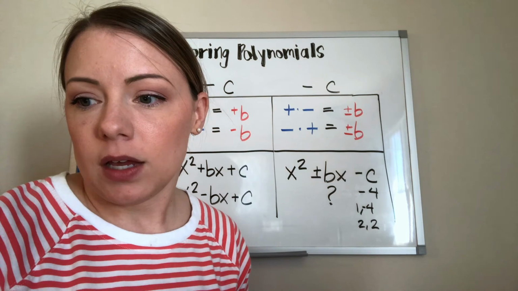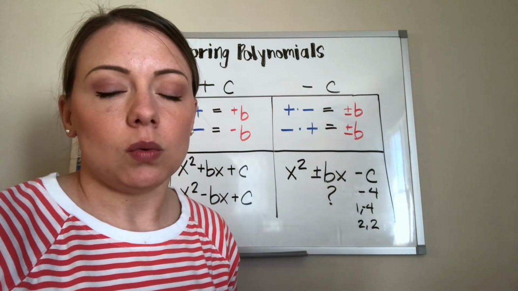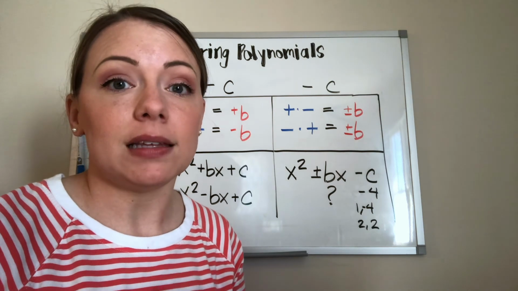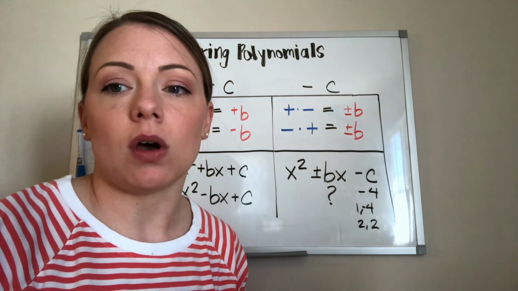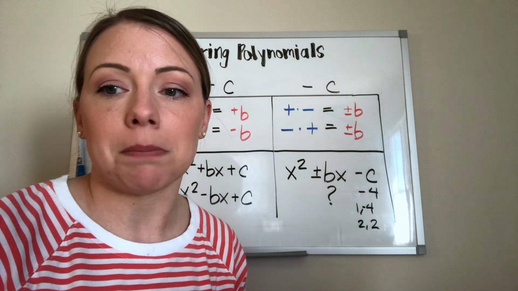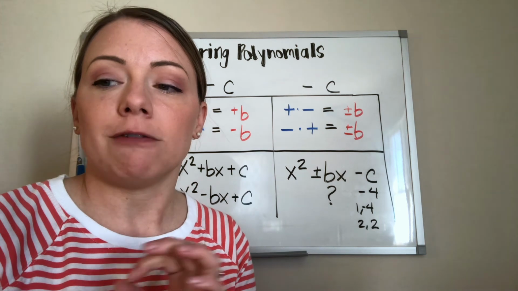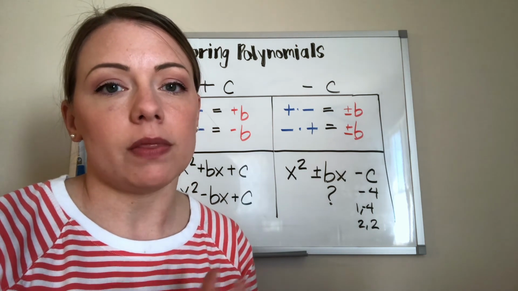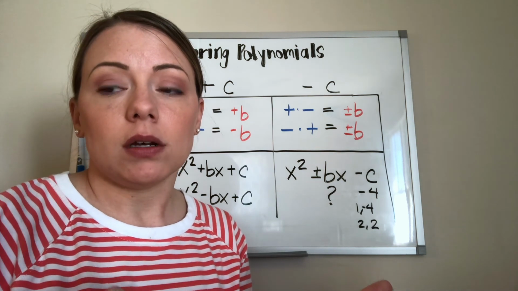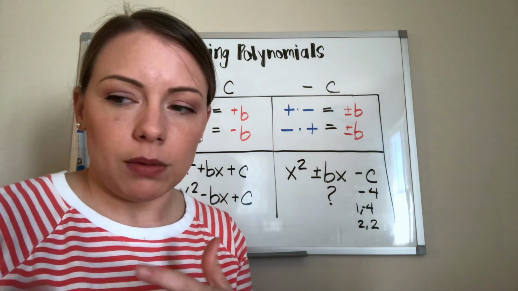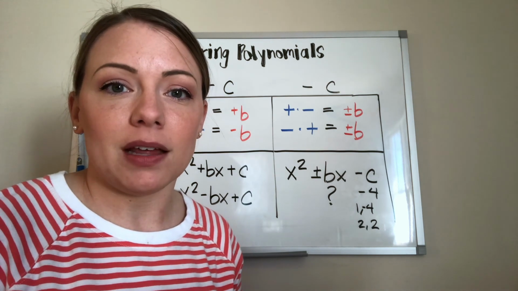All right, so at this point, that leads me to your assignment. You should be looking at what's called the factoring trinomials match up. You're going to cut out those pieces to factor out the polynomials on the other page. So cut those out and then either glue or tape them into the right spots. And hopefully you have a buddy that you can